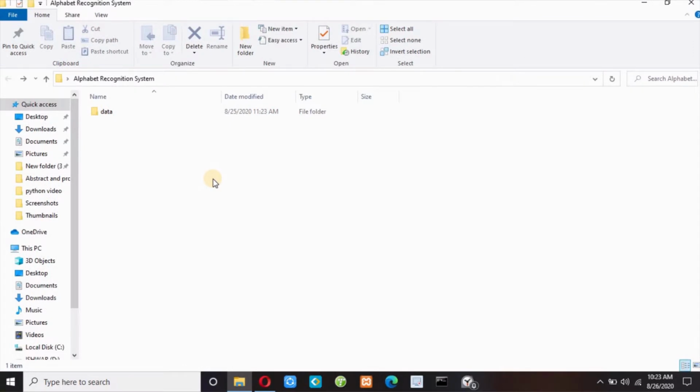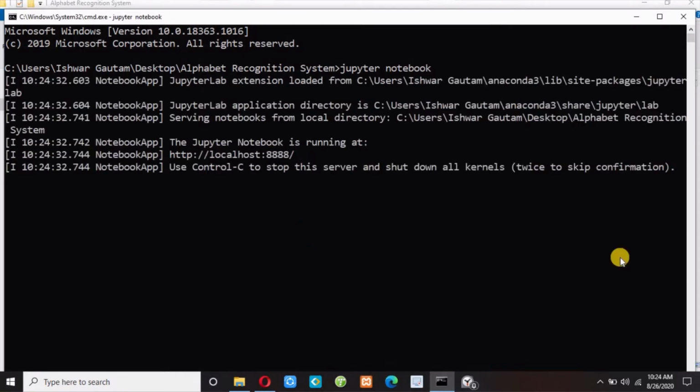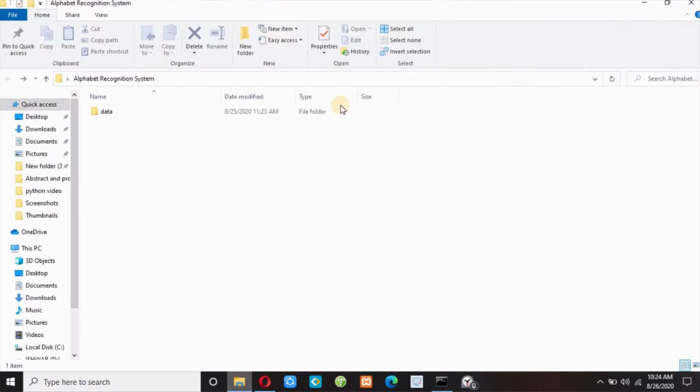Then you can use any terminal or editor you like. I will use a Jupyter notebook here, so let me open Jupyter notebook. I am inside this folder.